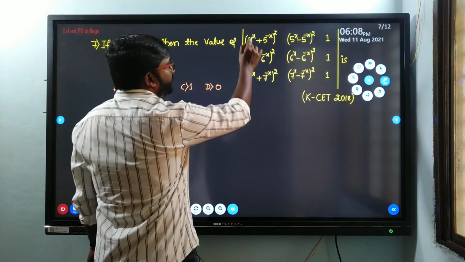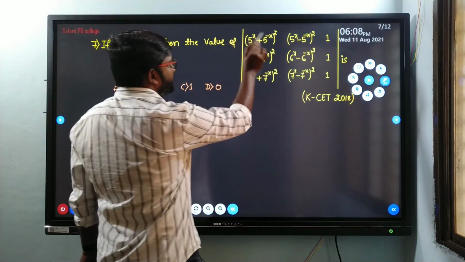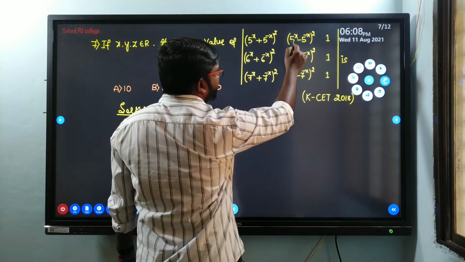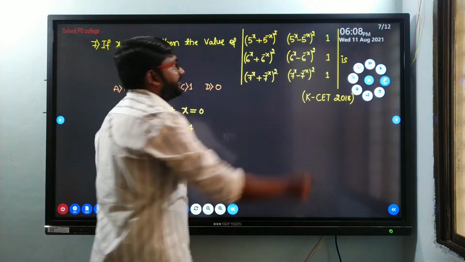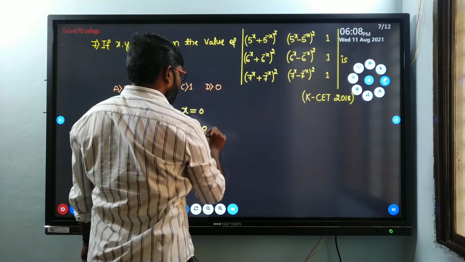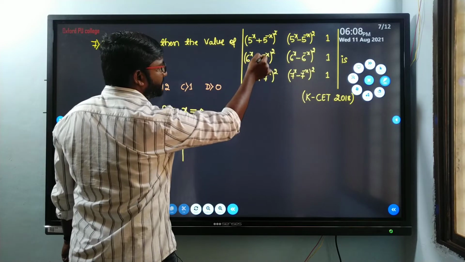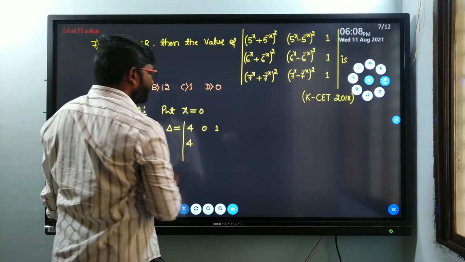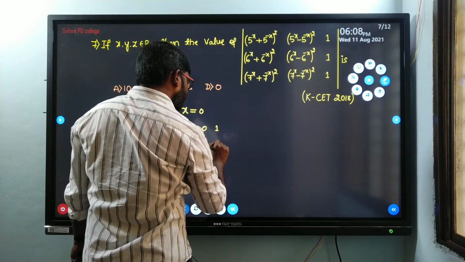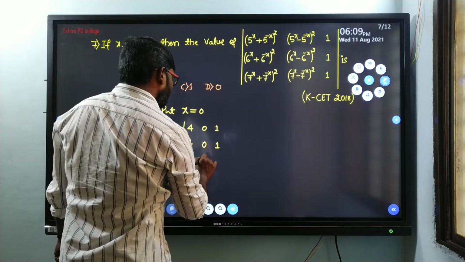Yes. 5 to the power 0, it is 1. 5 raised to minus 0, which is again 1. 1 plus 1, it will be 2. 2 square, it will be 4. So it is 4. Similarly, here 5 raised to 0, it is 1. Minus 5 raised to minus 0, it is 1. 1 minus 1, it will be 0. So we have 0 here. Then that must be written as 1. Again it becomes 2 here. 1 plus 1, it is 2. 2 square, it will be 4. Then this becomes 0. Then the last element, it is 1 anyway. So this is again 4, 0, then 1.